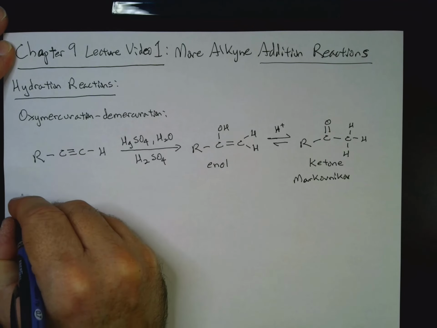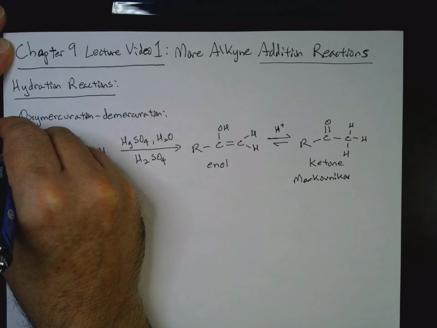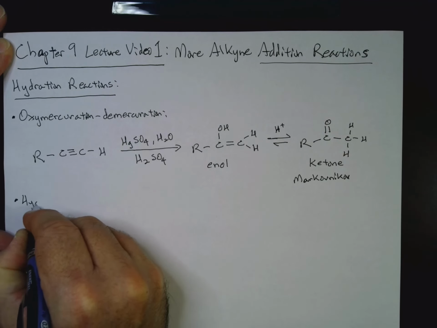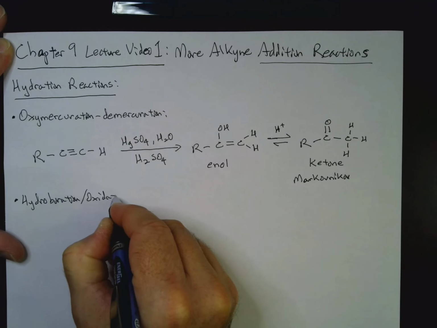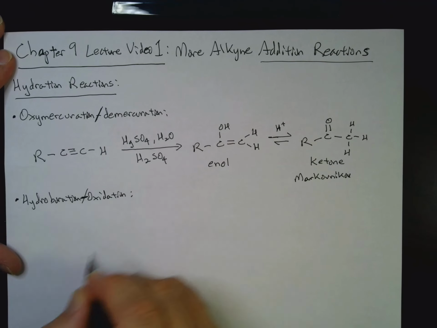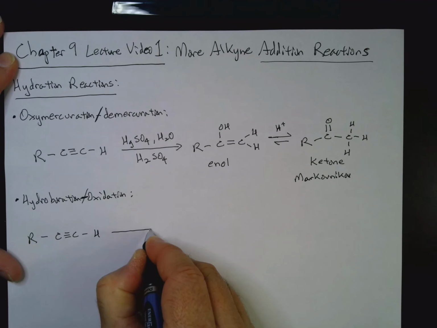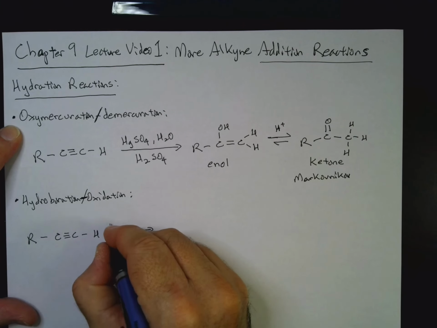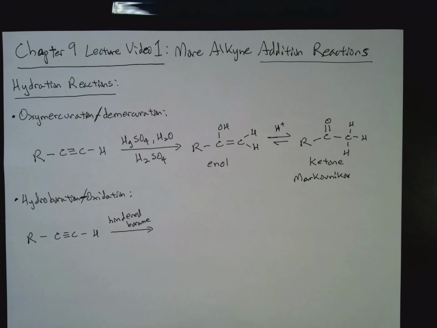We can also do a hydroboration oxidation. And I feel like this was supposed to be a slash and this was supposed to be a hyphen. Anyway, it doesn't matter. The key here is that we will go ahead and react this with some kind of hindered borane. All right, so we won't use BH3.THF. And hindered boranes